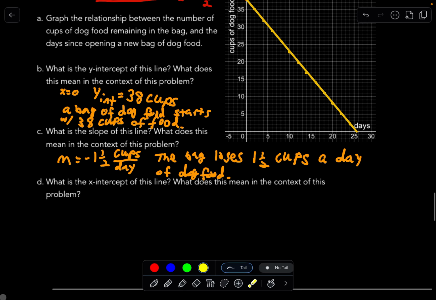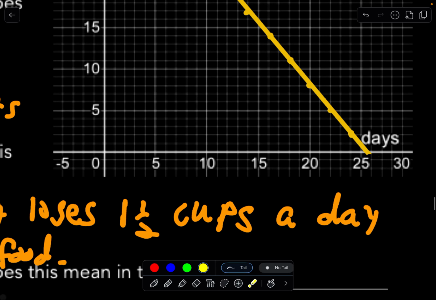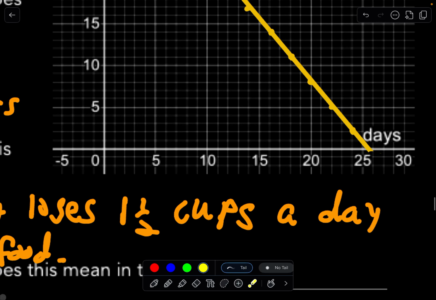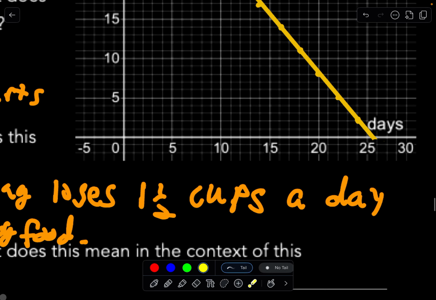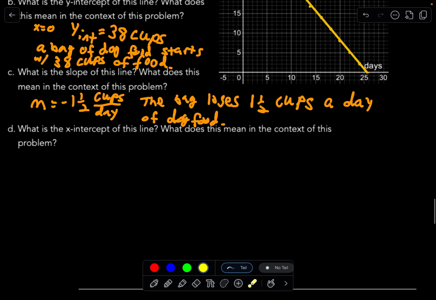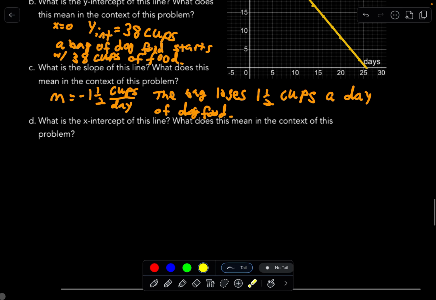What is the x-intercept of this line? What does this mean in the context of this problem? Well, looking at this graph, it looks like it's about a little less than 26 days. All right? So you can say,